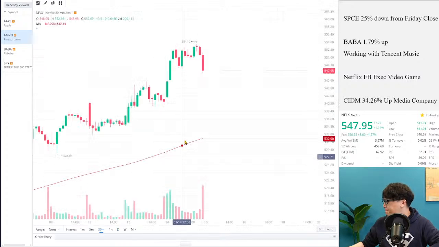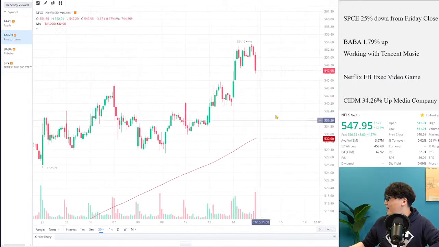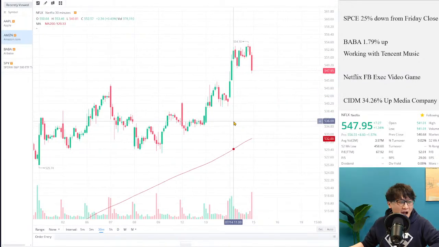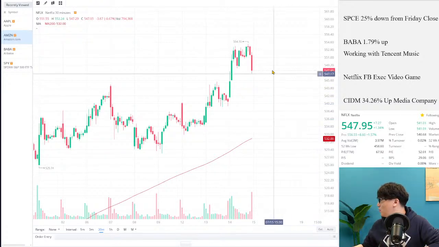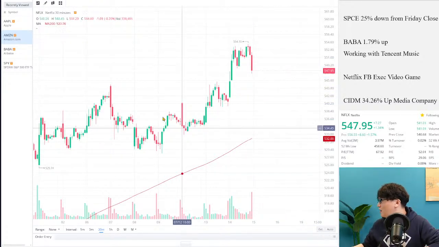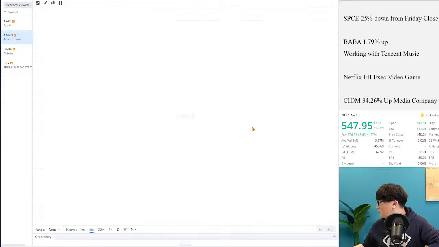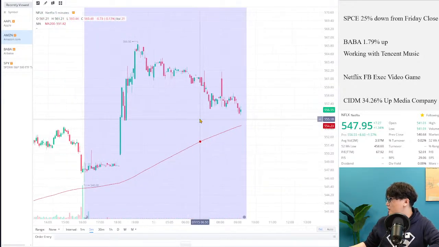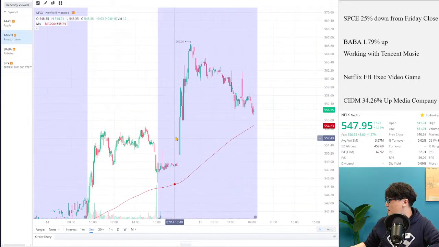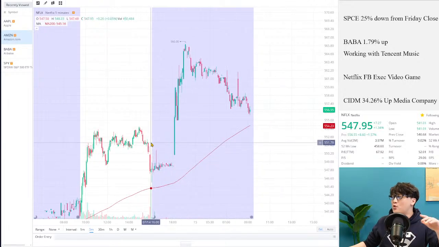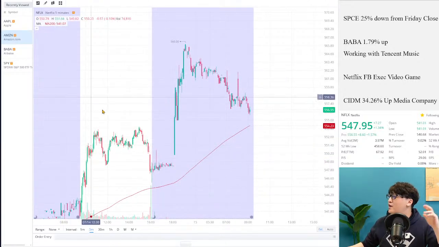Netflix has been trading higher for the past six sessions, and this morning it's trading even higher. I just want to take a close look at the pre-market. Now it's trading a little bit lower, but that's fine. Right now it's still trading higher, even though yesterday